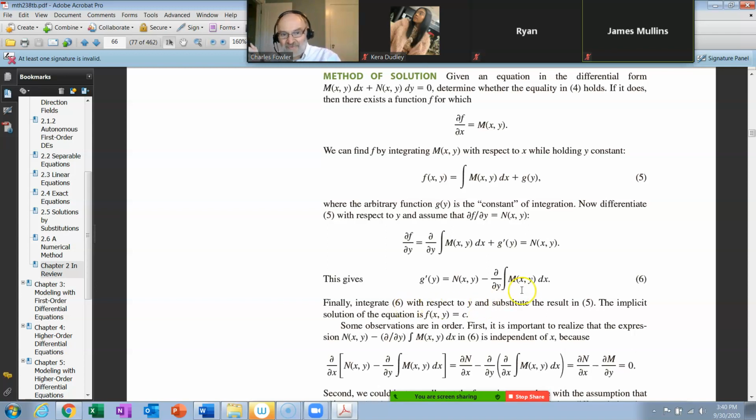all right, remember this is just some function of x and y. This is some function of x and y. Over here you only got a function of y. So you're hoping, and it better work out this way, that any x dependence is going to neutralize itself here. Okay, and when you take the derivative of this with respect to y, you'll lose the x dependencies there, and you're going to come up with just some function of y. Now,